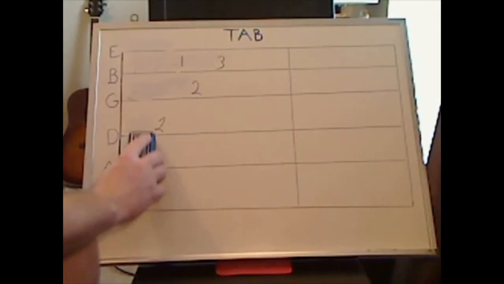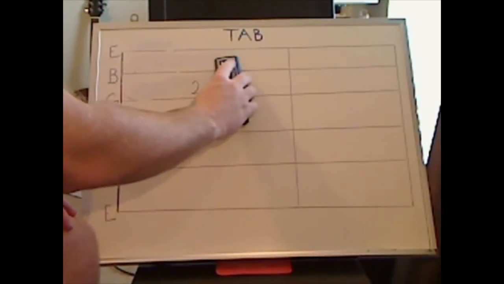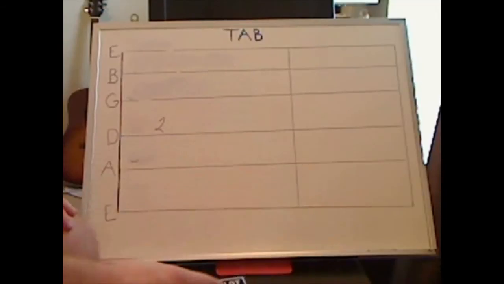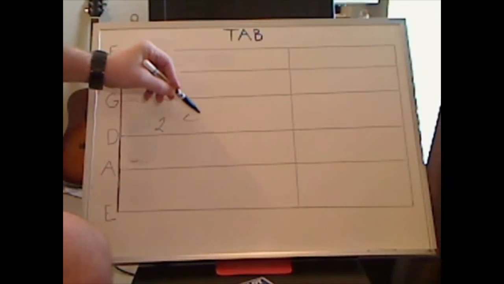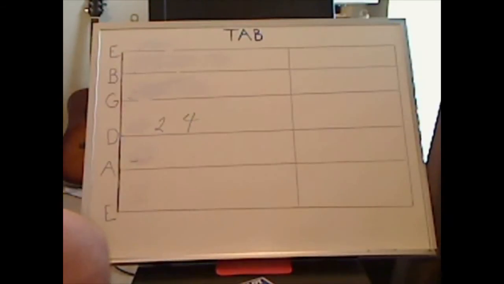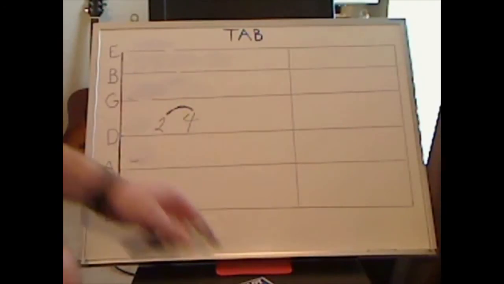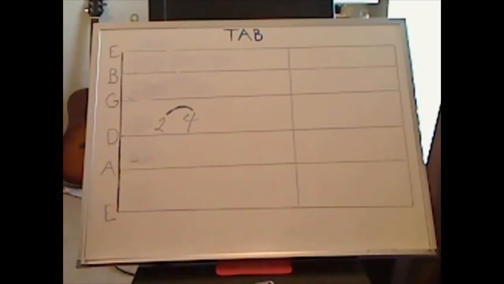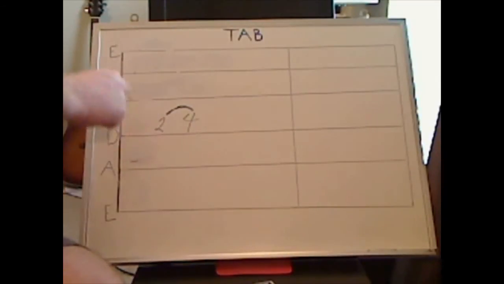All right. Now, let's say I don't want to do a slide, but I want to go from the 2nd fret to the 4th on the D string, but it's not a slide, it's a hammer. Okay? This is how that's usually written. Kind of like a little bridge that goes over from the 2nd fret to the 4th fret on the D string. So what that is,